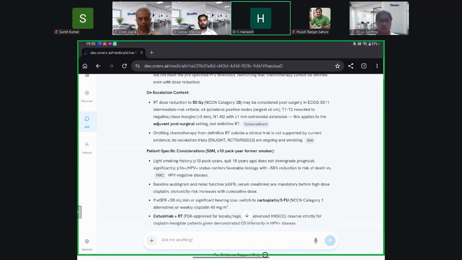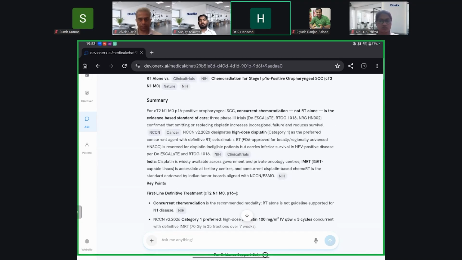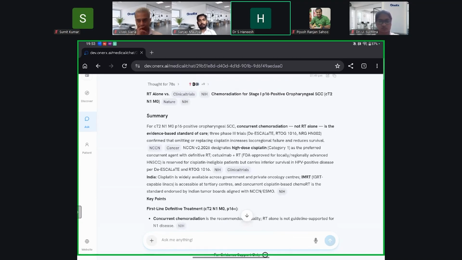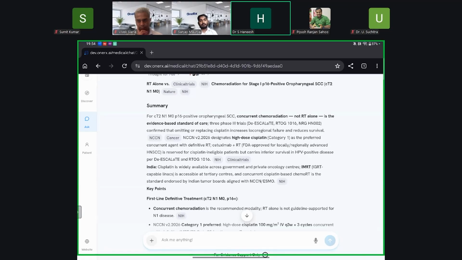So overall, we got the evidence supporting the radiation. And if you have any follow-up questions for supporting the answer, you can drop them in the chat box. We can ask the platform and we can see what evidence says for this answer. Any questions from the users?